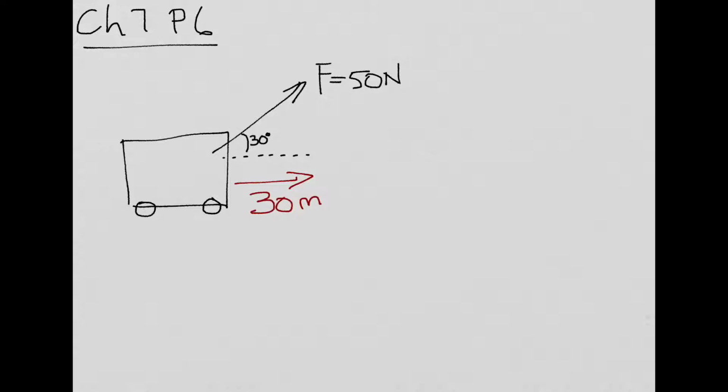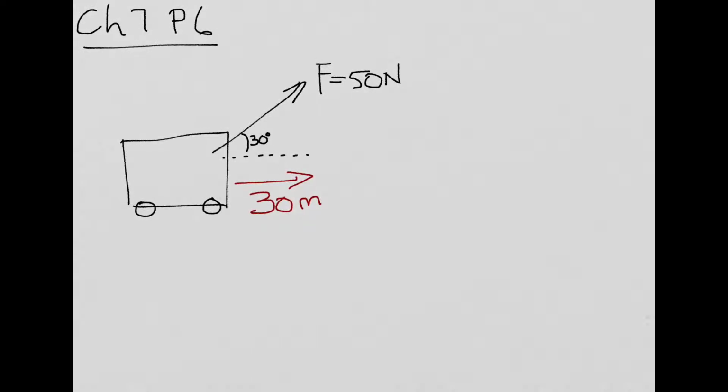And so if we view the system as the wagon, the mass, then we see that by pulling with a force, we are adding energy, kinetic energy in this case, to the wagon and increasing the energy of the system by putting work into it. So in this situation, we have a man pulling with a force of 50 newtons at an angle of 30 degrees over a distance of